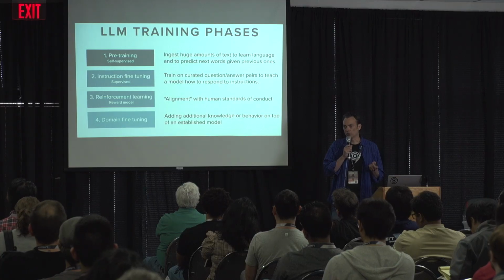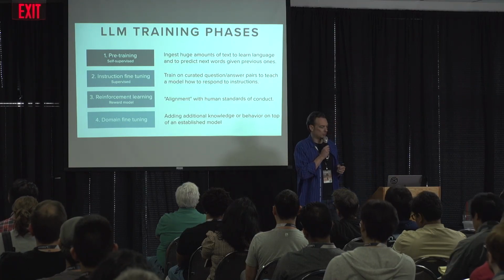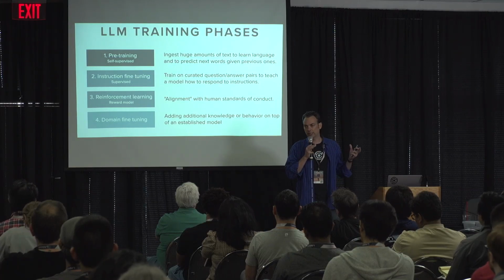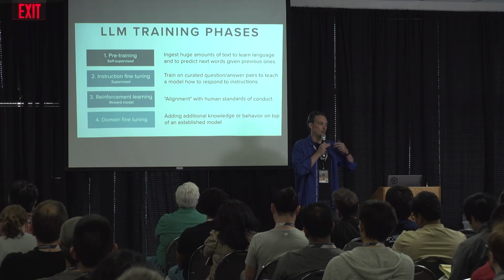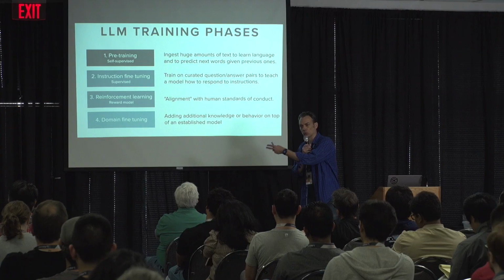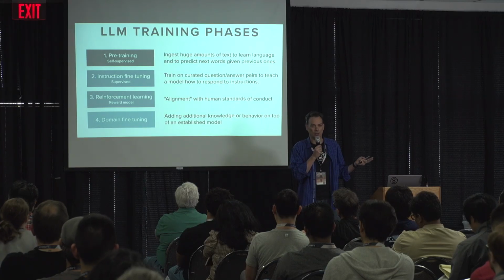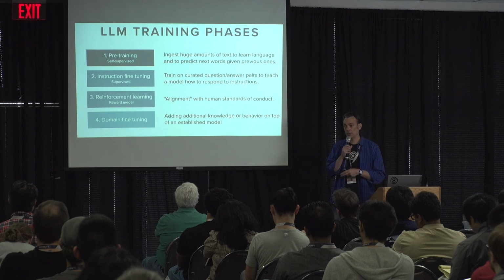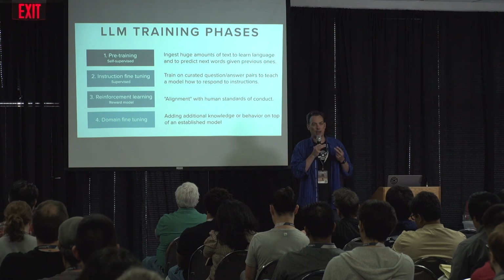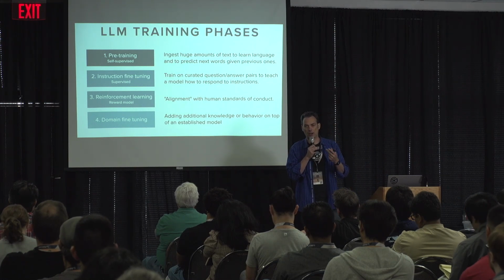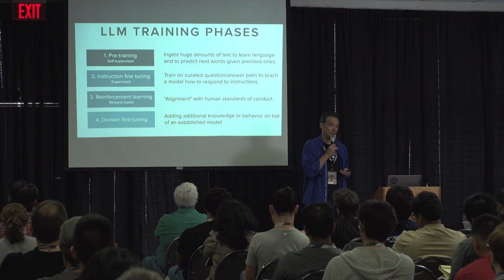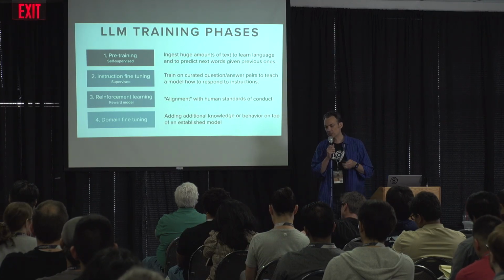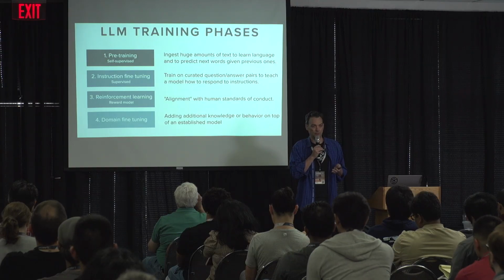Also, LLMs have multiple phases of training, unlike this. Essentially, we just did the pre-training phase. Okay? Pre-training is where they take the whole internet and learn on it, and then it predicts next words or sentences or whatever based on what it's seen in other places. But that's not good enough for use. So then they do instruction fine-tuning. They teach it how to do question and answer and how to have interactions. And then they do a thing called alignment training. And alignment is where we enforce social norms on it. Okay?